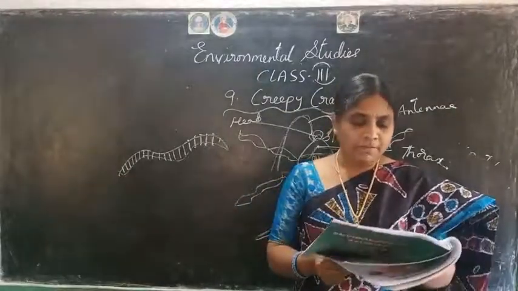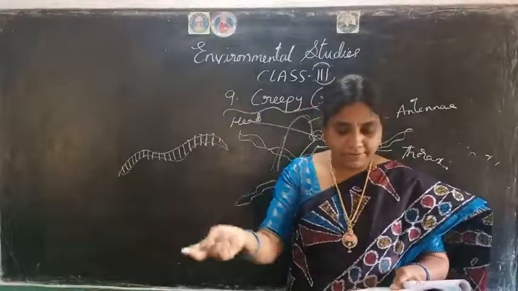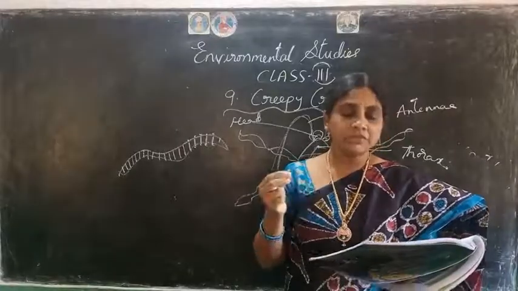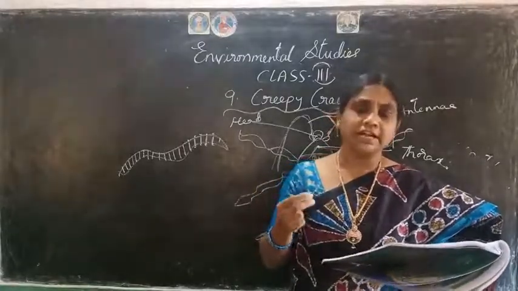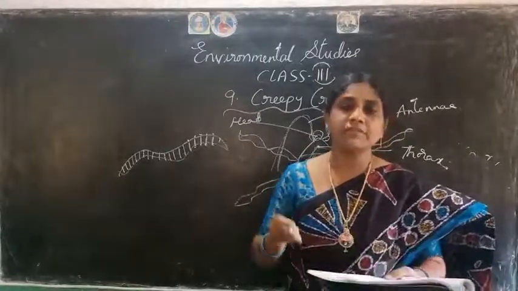Okay, the worm-like creature is called a caterpillar. So the worm-like creature before the butterfly, the caterpillar will be there, no? So it looks like that. It hatches out of the egg. It keeps eating leaves and growing fat. What does it do? Here you have the life cycle of the butterfly, children.